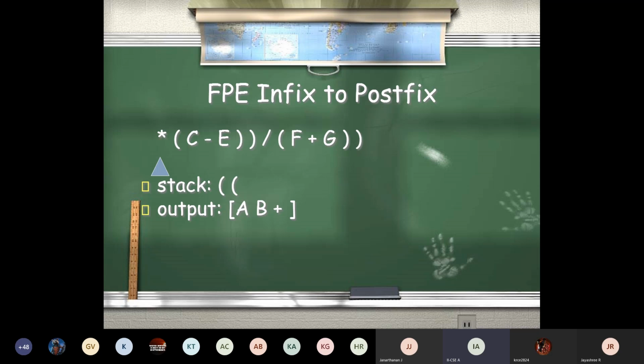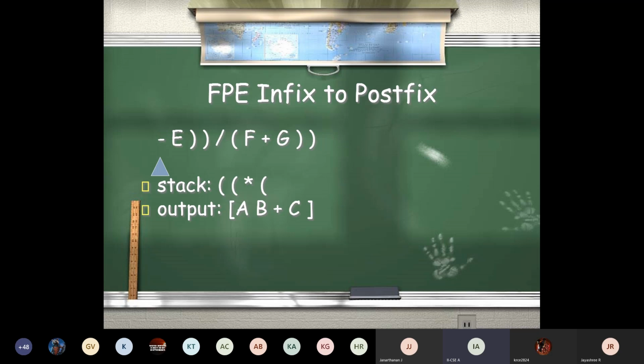So next come to this star. Now your input expression has a star. I should push it into the stack. Next symbol is an open bracket. I should push it into the stack. Just in sequence, you push it into the stack. It depends on the order in which you are going to remove contents from your stack. That defines your postfix notation. So when you are having an operand, once again C, we have to write it into the output. Write C in the output.